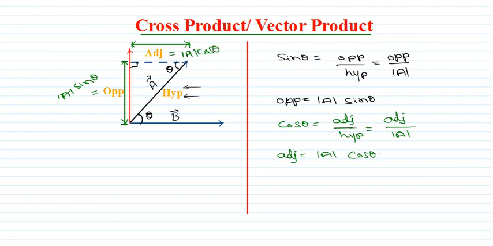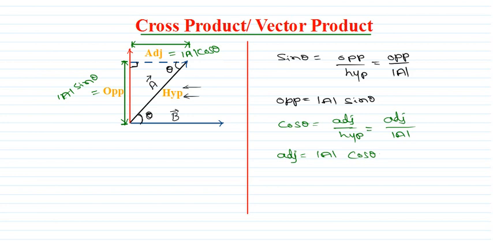Now what I have to do here: the cross product always says that for the product of any two vectors lying on one plane, let us imagine this vector A and vector B are lying on this paper, so that is lying on one plane, the resultant vector will always come perpendicular to that. That means either it should enter into the board or it should come out of the board. So that is a normal or perpendicular direction to both vector A and vector B.